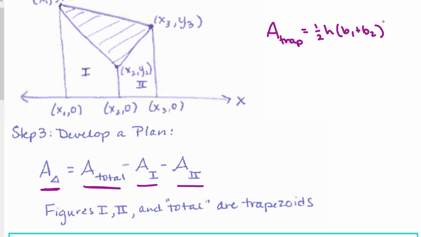And in this case, these trapezoids are kind of sideways, so the height would be the height of trapezoid 1. This would be the height of trapezoid 2. Add those together, you get the height of trapezoid 3. And then for trapezoid 1, this is a base and this is a base. For trapezoid 2, this is a base and this is a base. And for the big one, this is a base and this is a base. Okay, so